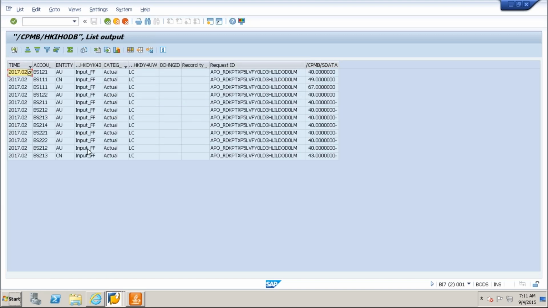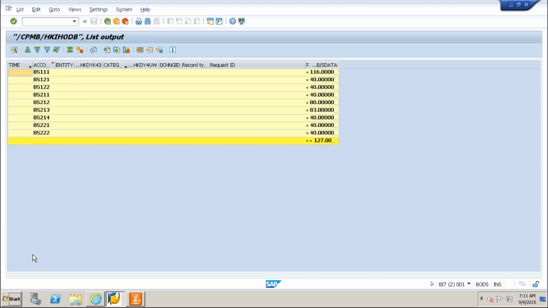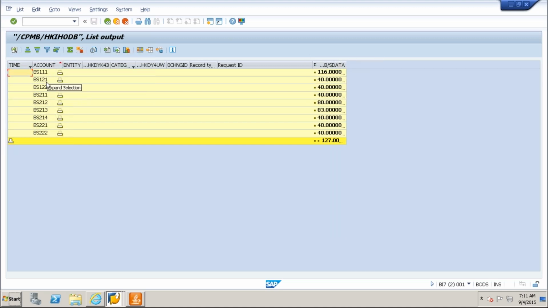So you have these many accounts here. These are the accounts we have here: 121, 122, 221, all these accounts. 1, 2, 3, 4, 5, 6, 7, 8, 9 records.